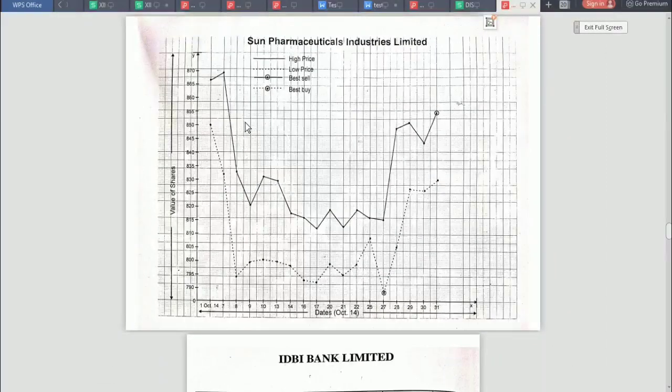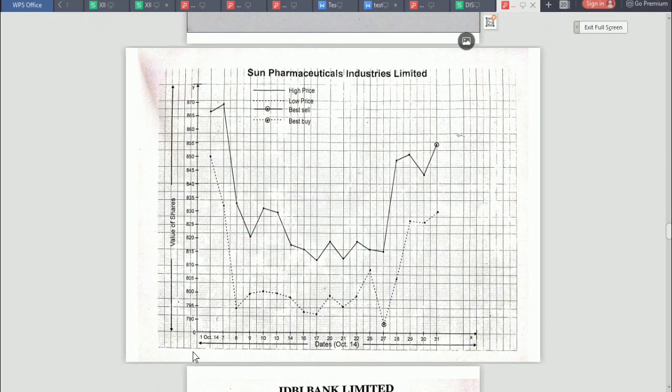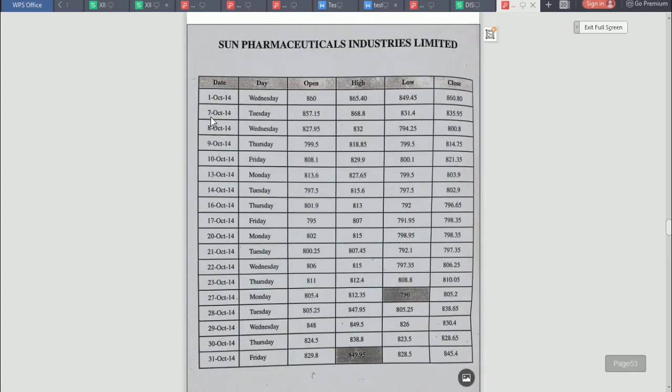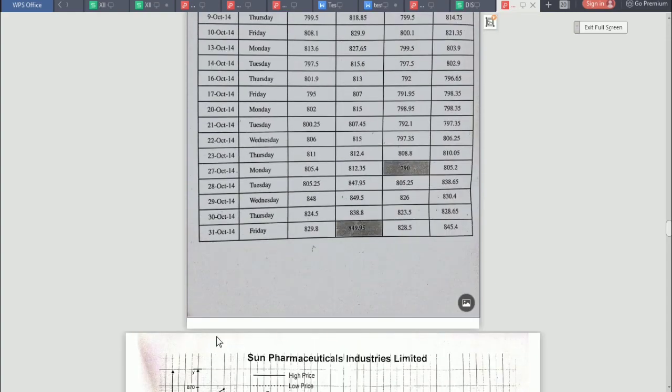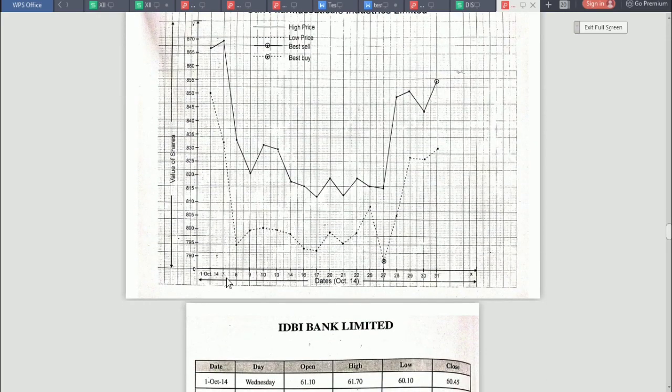So this is the x-axis on the horizontal way, and this is the y-axis, the vertical way. On the x-axis we have to put the dates, that is in the month of October 2014, and this is the market value of share on the y-axis. So this is 0. We are starting with the dates mentioned in the tabular form, which were first, 7, 8, 9, 10 and so on till 13, 14, 16 and up to 31st we have to show here.